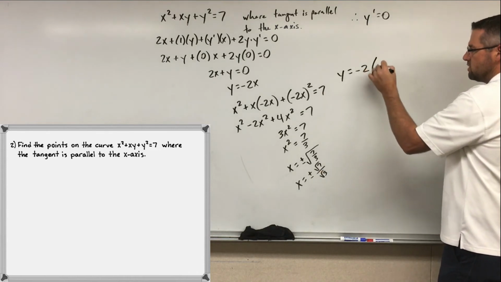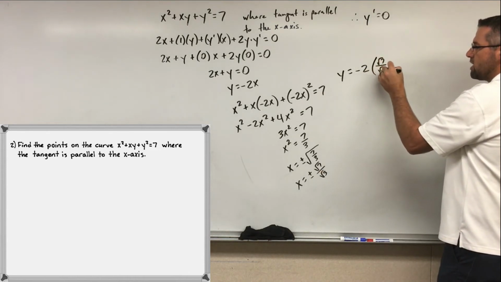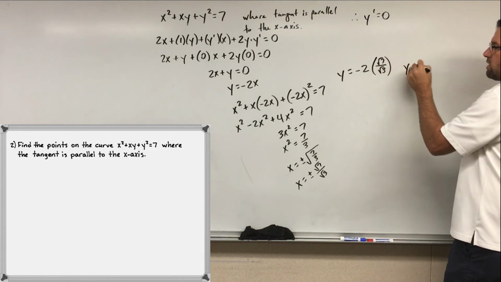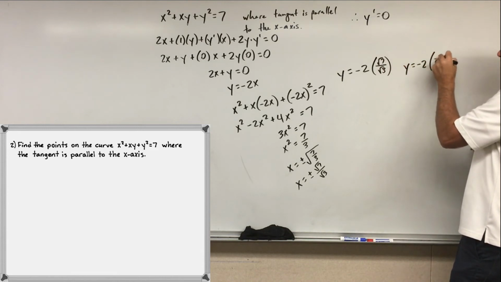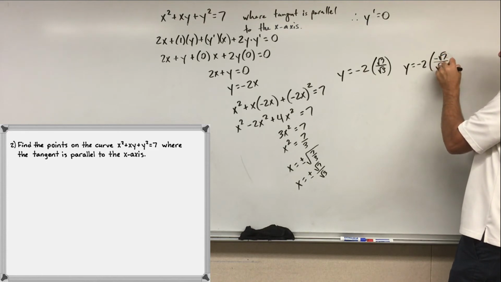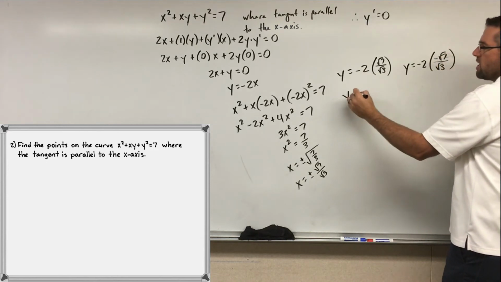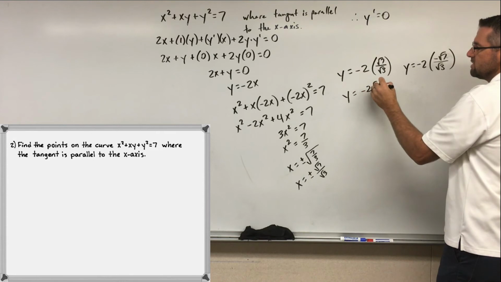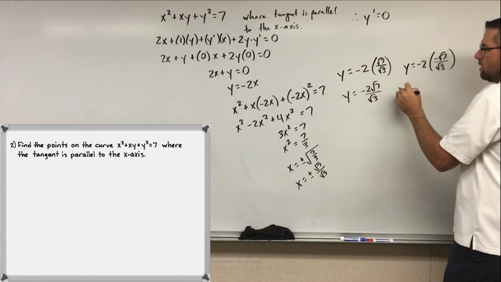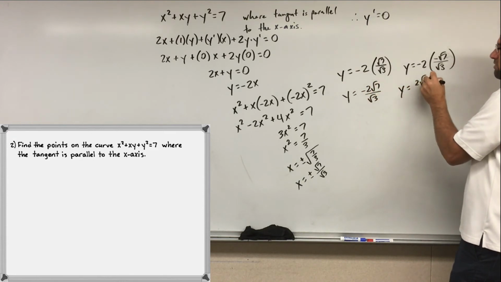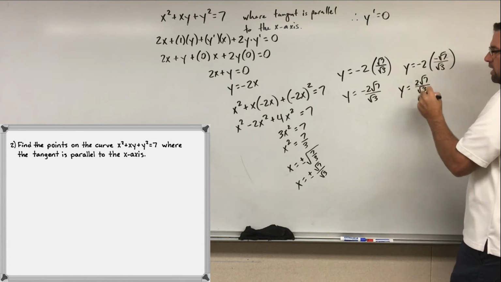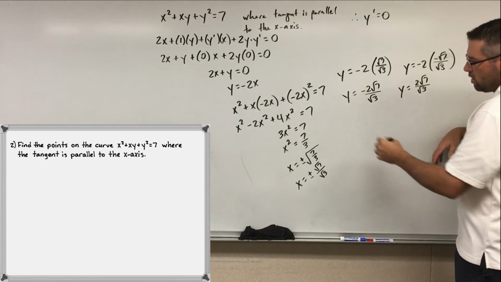So negative 2 times rad 7 over rad 3. And we also have y equals negative 2 times negative rad 7 over rad 3. And so that becomes y equals negative 2 rad 7 over rad 3, and y equals 2 rad 7 over rad 3. And so the two coordinates are going to be